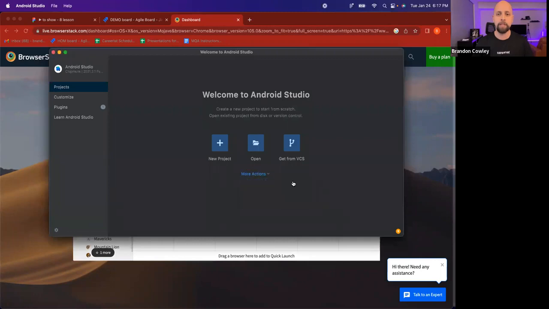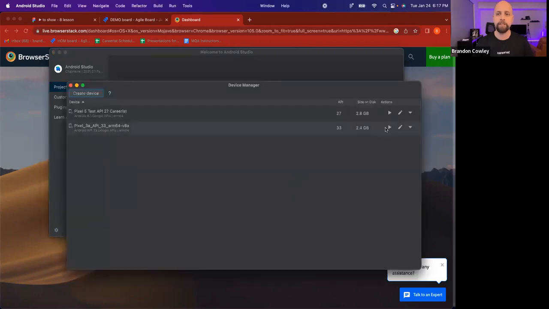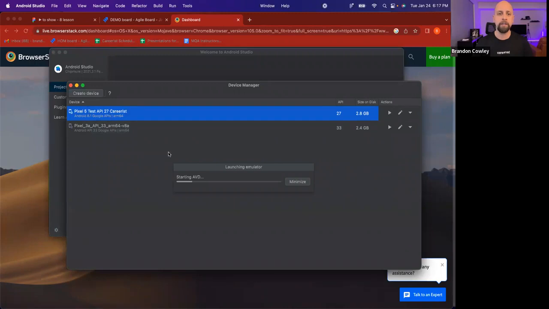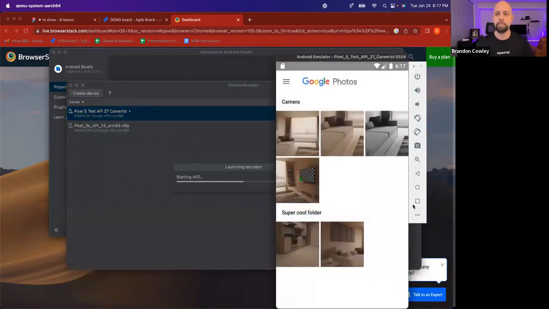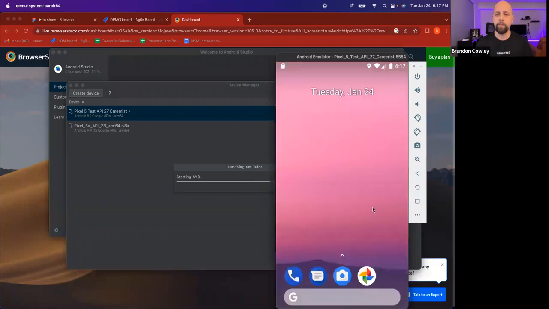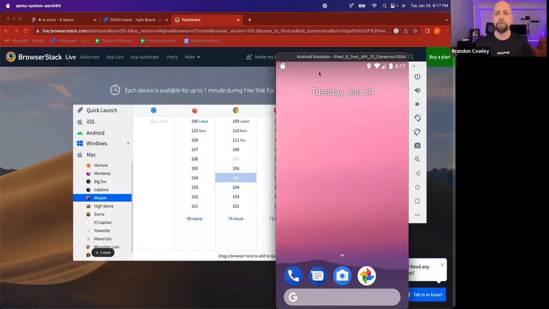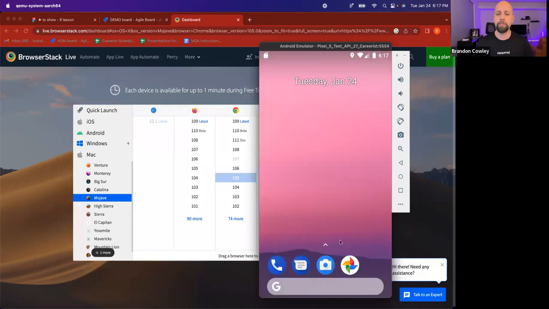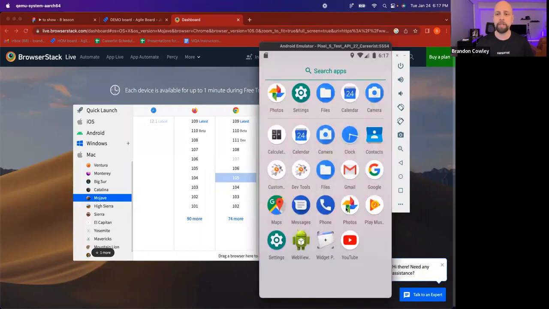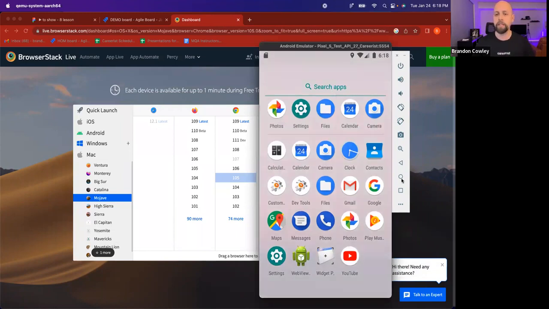But if I come in here and I go to my virtual device manager and I fire up an emulator, check it out. Here's a phone. I would not recommend using this phone for your actual testing. But if I want to show you things like, hey, if I'm on my phone and I go to my apps and open up this or that, or swipe up and here's my menu, stuff like that. This is something that I would say, yeah, use an emulator for this.